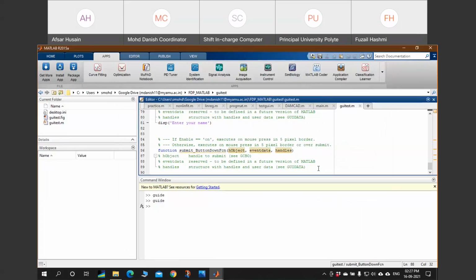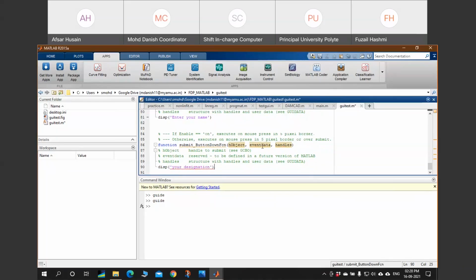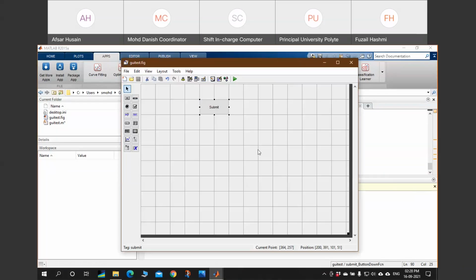For the button down function, again I would like to give a simple command that displays, say your designation. Just for the sake of simplicity, I am taking this example. But in a real application, the feature of right clicking is slightly different, so we will come back to that also.